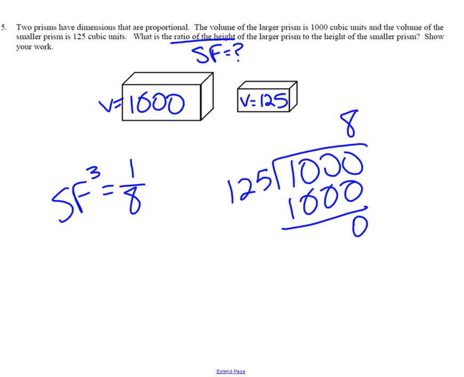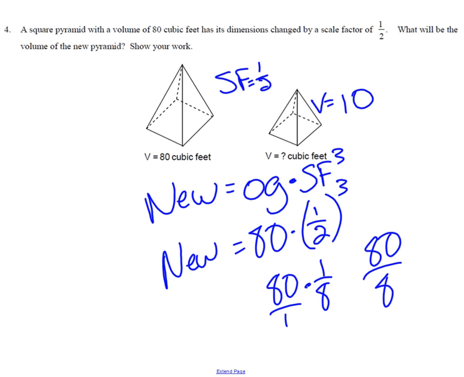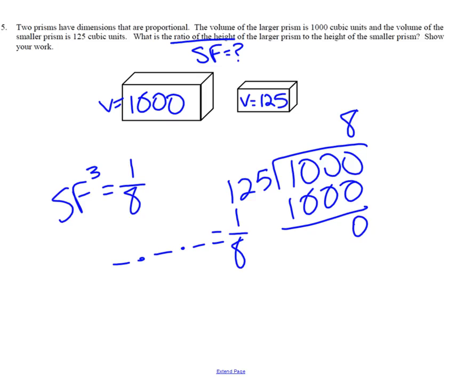So now you got to think, what number times itself 3 times equals 1/8? Oh, 1/2. So first of all, we've seen it in the last 2 examples here. Or we could also say, well, 1 times 1 times 1 equals 1, and 2 times 2 times 2 equals 8, which means our scale factor here is